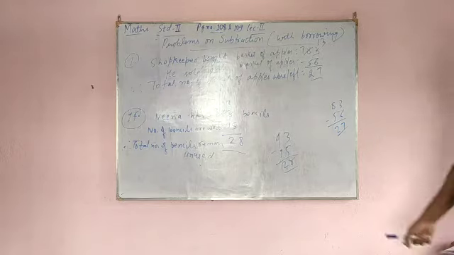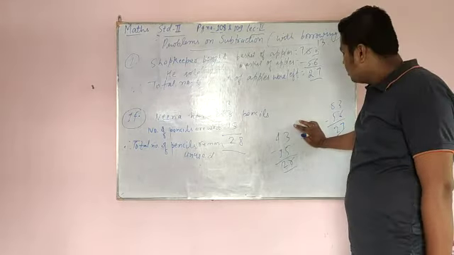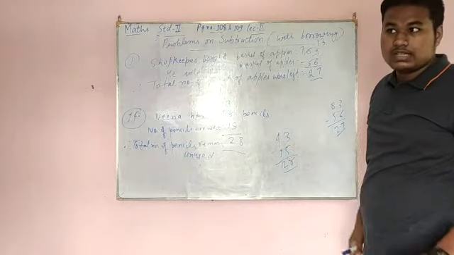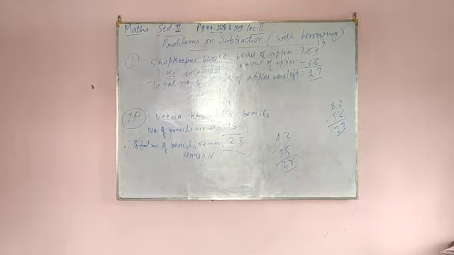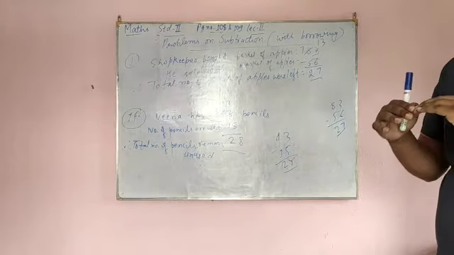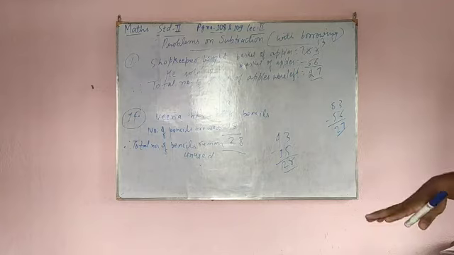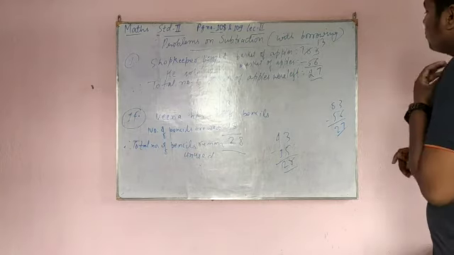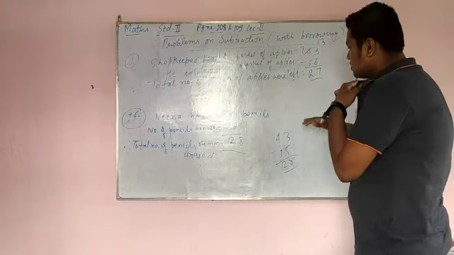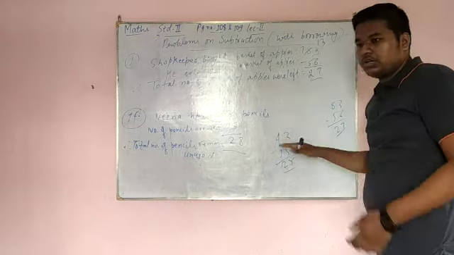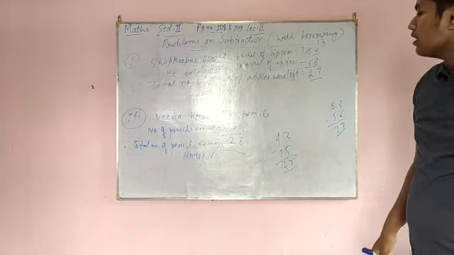Just write the greater, larger number up, smaller number down and subtract. Okay, in subtraction, always keep in your mind that the greater number, larger number, comes first, smaller number second. But in addition, if you are adding, greater number up or down doesn't matter. But in subtraction, you have to be careful. The greater number should always be on the top, and the smaller number below the greater number.